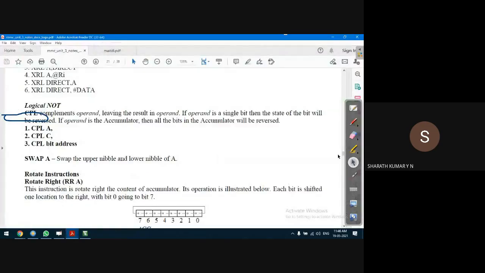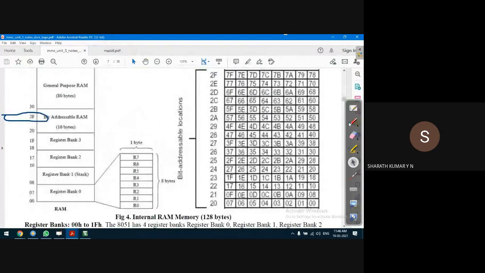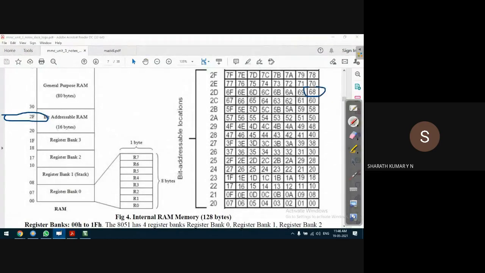Okay, so it can also be one of these 1-bit memory locations. Just now I showed there are 1-bit memory locations. For example, let us say we'll take 68H, and I need to set only this location to 1. I'll take another color. It's a bit memory location, where 68 is available in byte address 2DH. So if only 68 is set to 1, the other locations are 0.